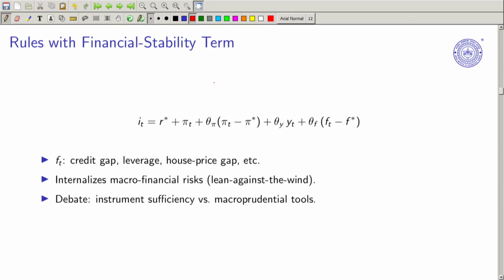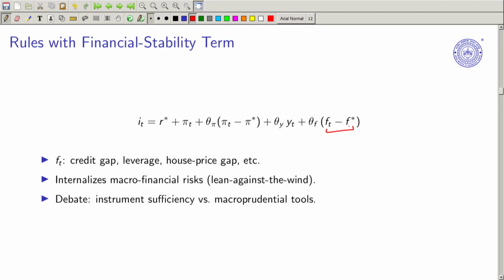Then we see a recent development after the 2008 global financial crisis, that they have gone for augmenting the Taylor rule with something called a financial gap, or you can say credit gap, or any kind of gap that you can think of. For example, if you are targeting real estate, then it could be the dwelling prices, the housing prices. If you are targeting the bank, then it could be the debt plus the actual debt demand. So this could also be the credit gap which I mentioned.